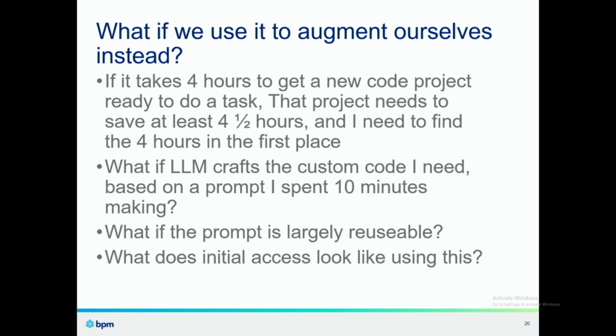So a couple examples here are, for instance, code projects. If there is a code project I want to do, I typically need to save more time from that code than I spent doing it. Here I've got 4 hours listed saying, hey, if I need to spend 4 hours creating this, I need to save at least 4.5 hours. More realistically though, that's probably gonna need to save me 8, 12, or even 24 hours within the next month to year for me to actually section off those 4 hours and do them.